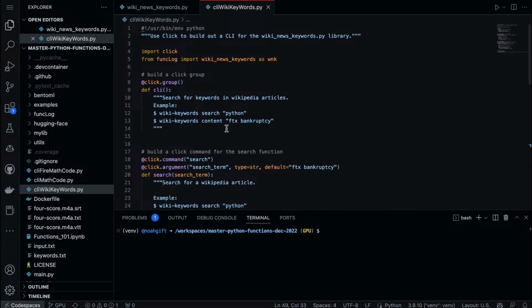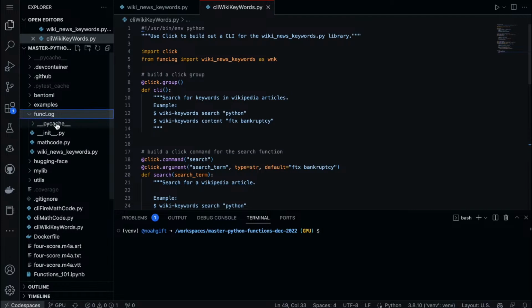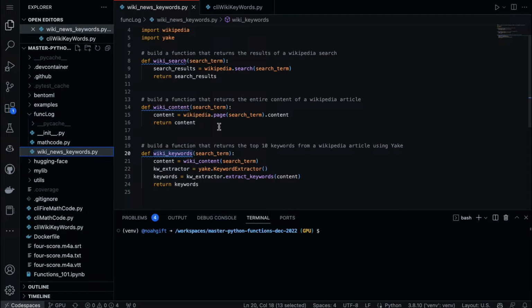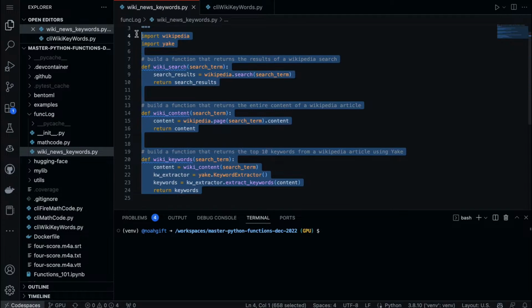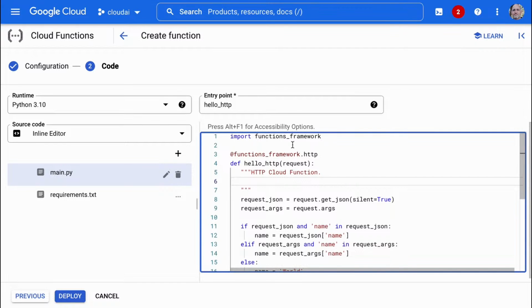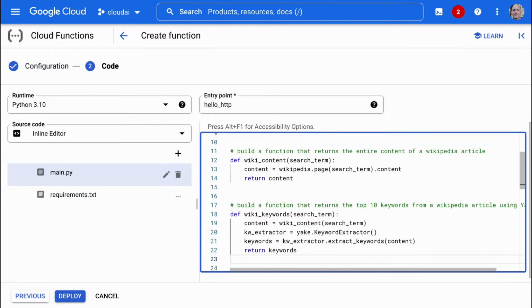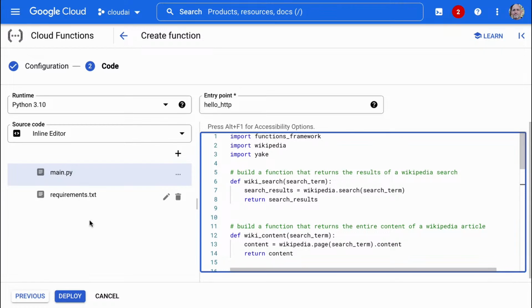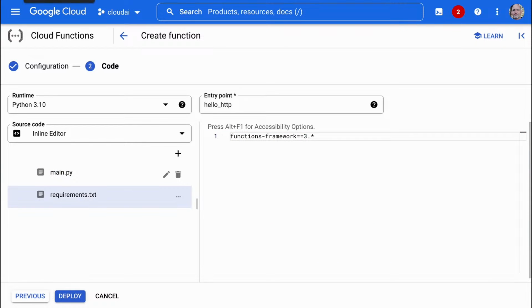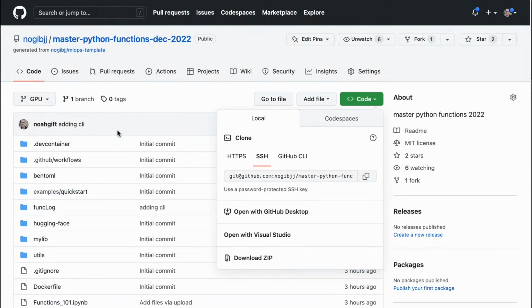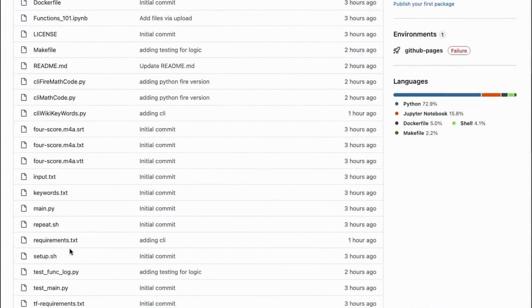And so now I just need to copy some of this code, some of this logic here. So I would just need to go to this thing and go to the wiki keywords here. And we could just put all these in there like that. We could just do that. So this will definitely make things more complex. And let's throw that all in there. So we got that, we got that, we got that. Now requirements, I need to then follow my requirements. So let's go to that requirements file.